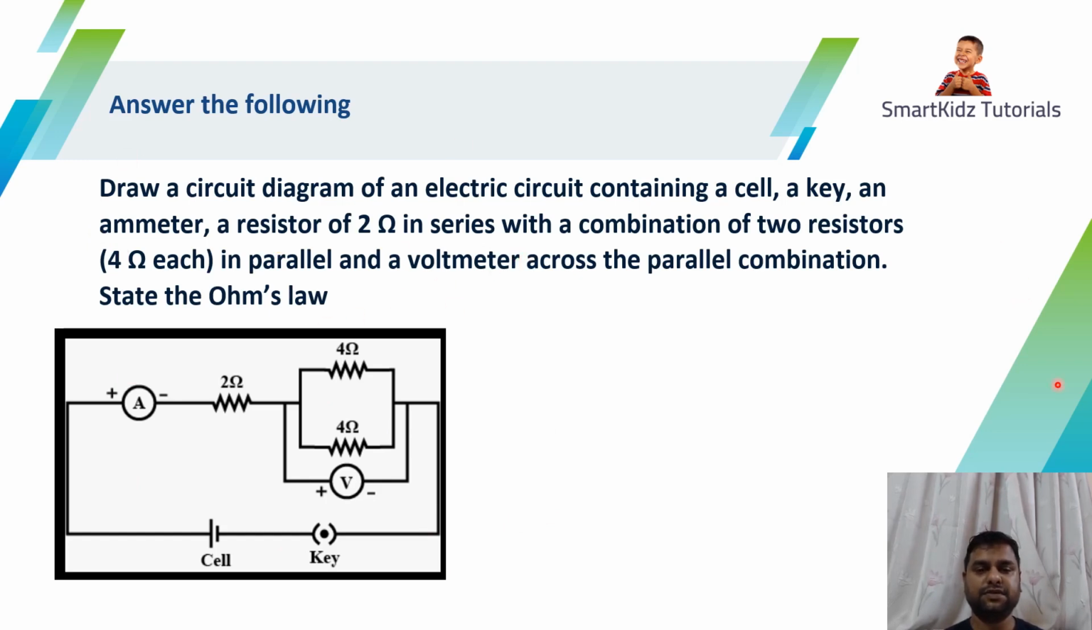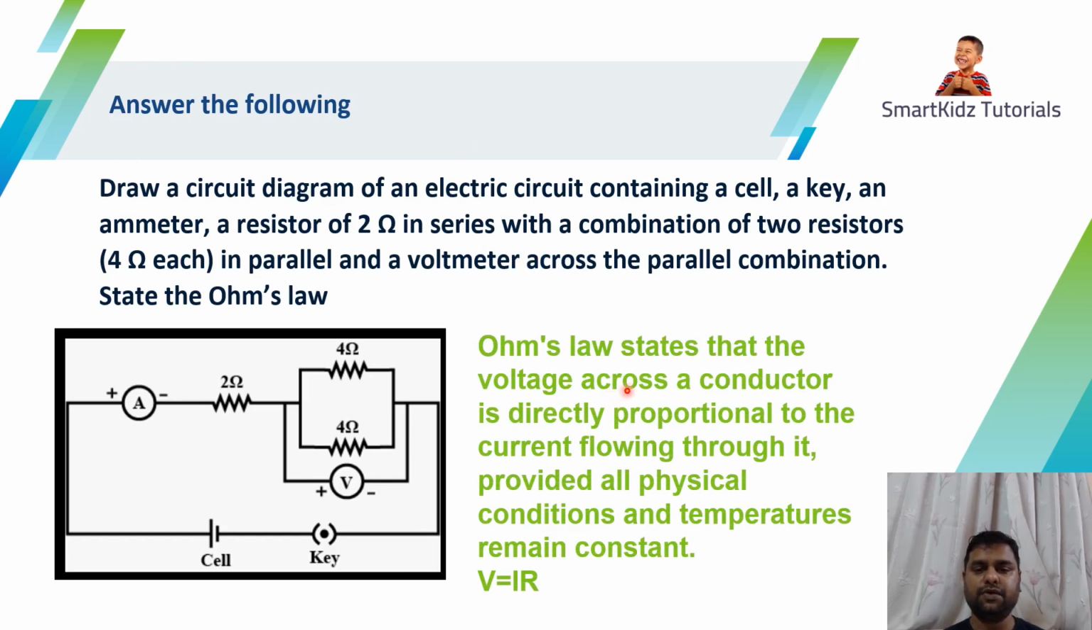And as for Ohm's law, it states that the voltage across the conductor is directly proportional to the current flowing through it, provided all physical conditions and temperatures remain constant. Given by this formula, we get V directly proportional to I, and R, which is the resistance, is the proportionality constant. So this is the formula, V equal to IR. Next,